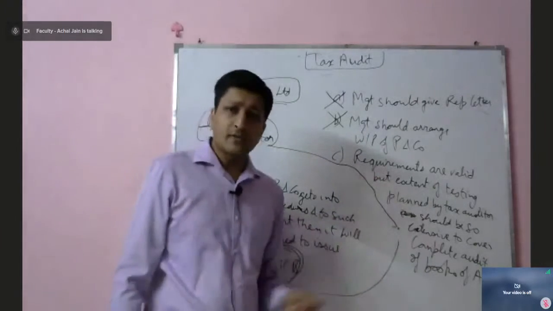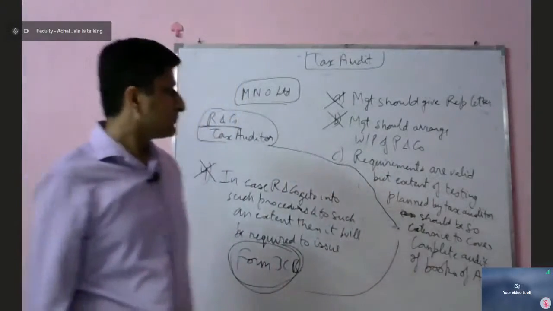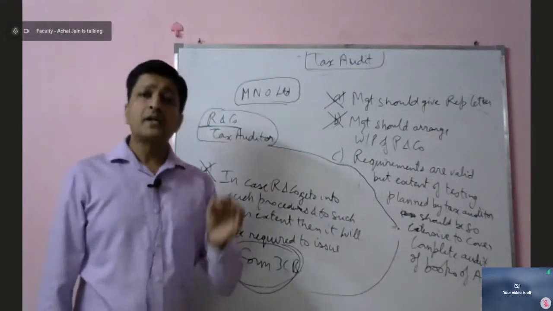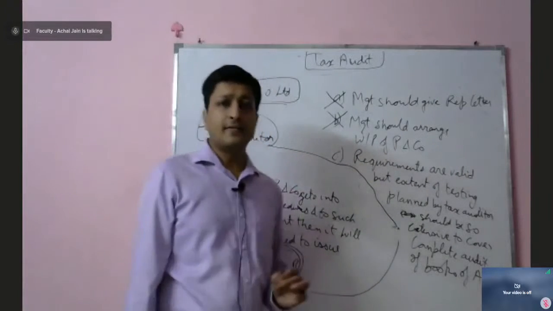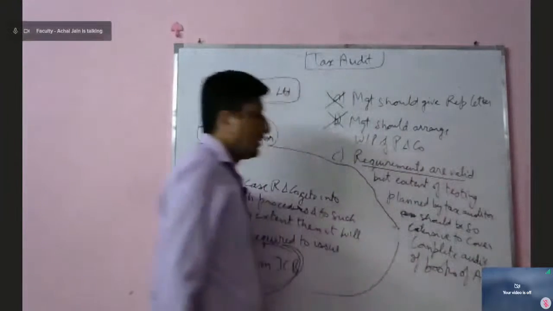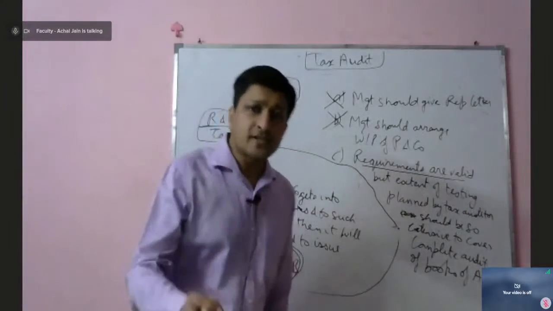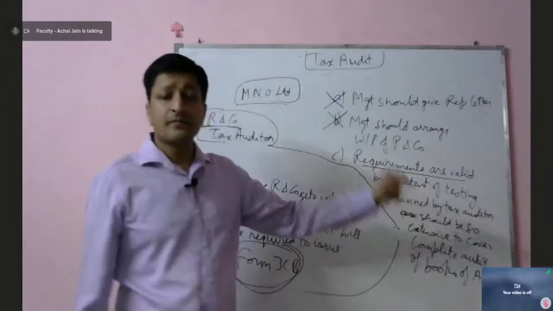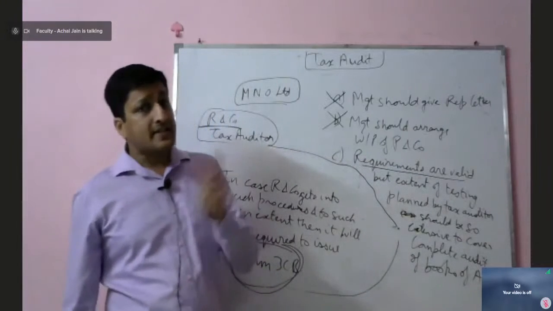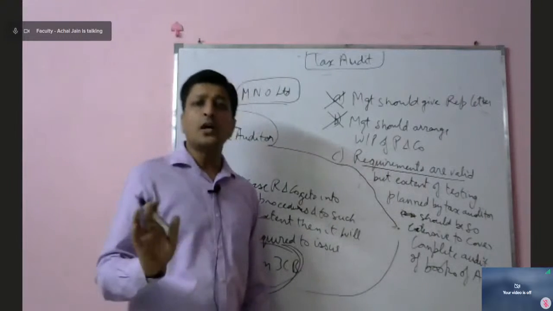Let's now move on to this option and let's understand whether this option is also correct or incorrect. This option starts with the statement that the requirements of the auditor are valid. Now, when we make this statement that his requirements are valid, we are also cutting down his extent of testing, because it says, but the extent of testing he has required the management to assist him on or provide the information for is something which is not acceptable.